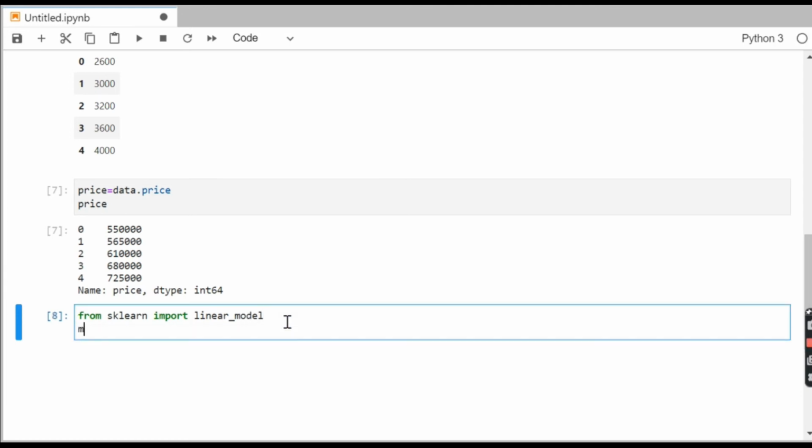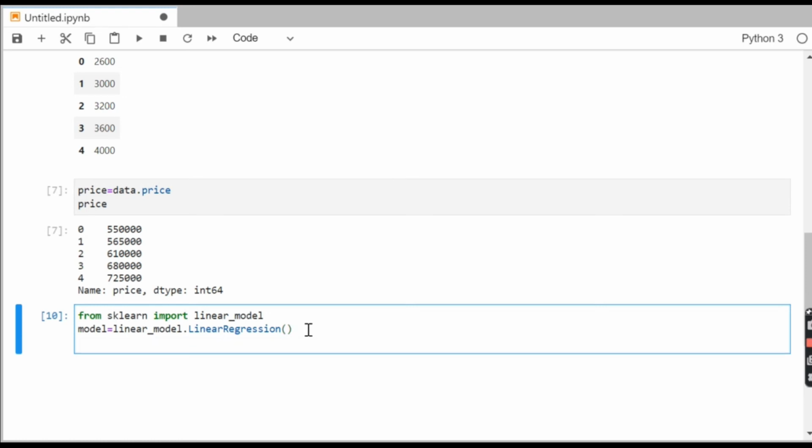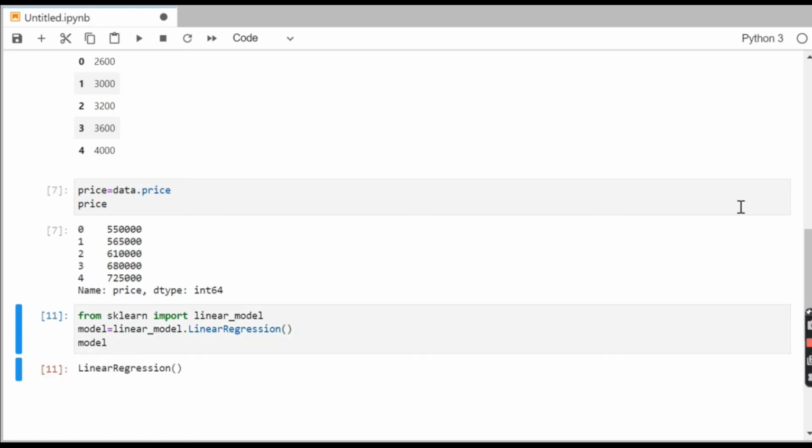Creating a model for us, say model equal to linear_model.LinearRegression. This is a predefined model, and we are creating an object and storing it in the model variable. Run this code, print model. So your model is ready.